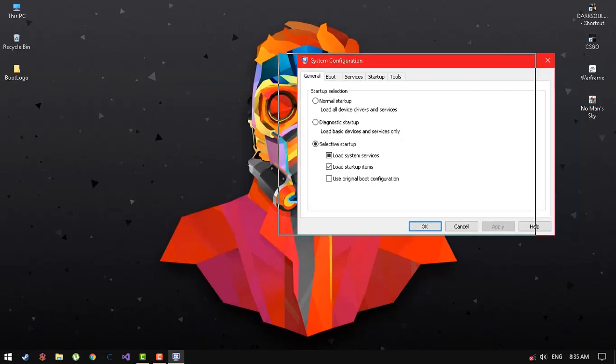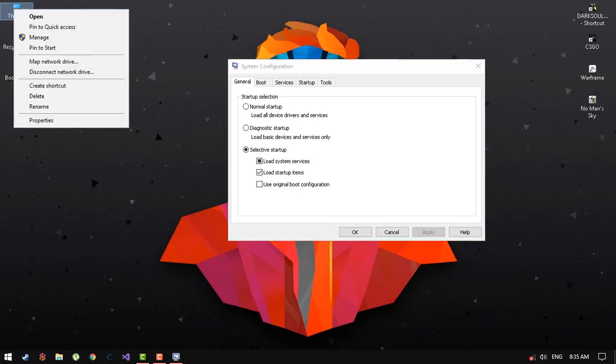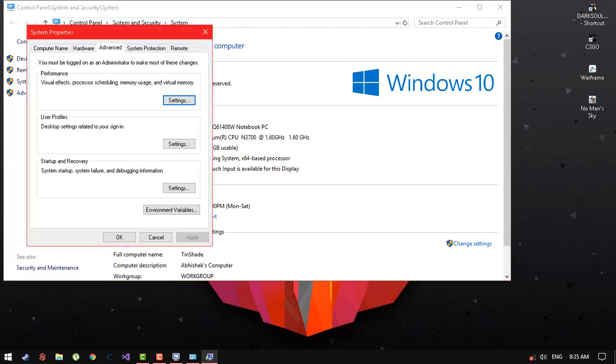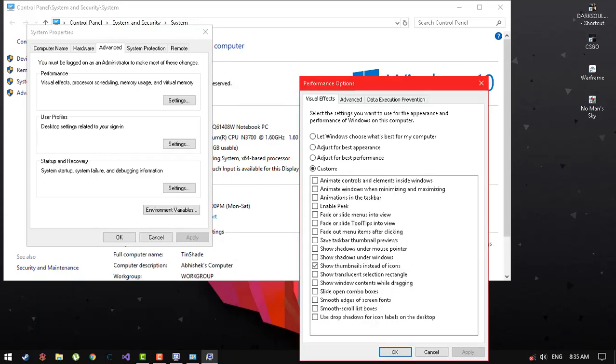Okay, now this window is up. The reason to load this window is because it takes a little bit of time to do so. Now head over to This PC, hit properties, and we're gonna go to advanced system settings, and yeah, so in system properties you need to go to advanced, and then you need to hit settings, and